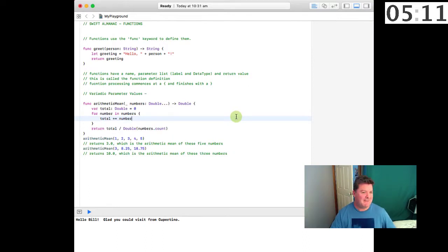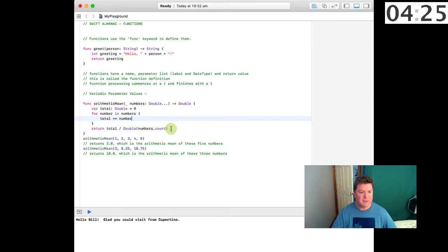So you can also pass variadic parameter values. That is a parameter of the same type multiple times. So if we're looking at this example of the arithmetic mean, we're going to pass some numbers, and this ... says that there's going to be 0 or more doubles following, and it's going to return a double, and so essentially we need to create this for in loop to determine how many of these numbers variables have been passed to the function. We total them up and then we average them, and we return that average,